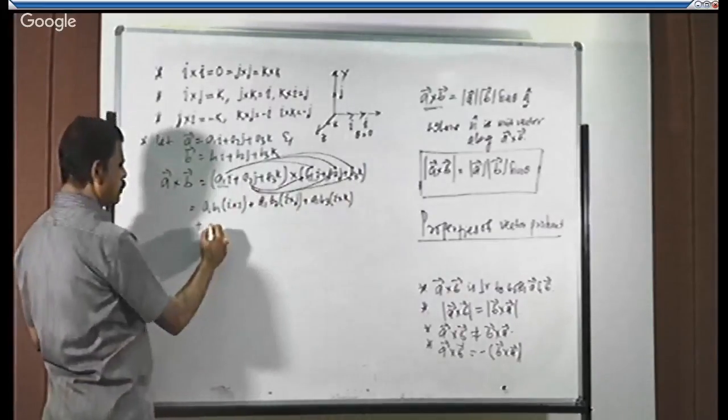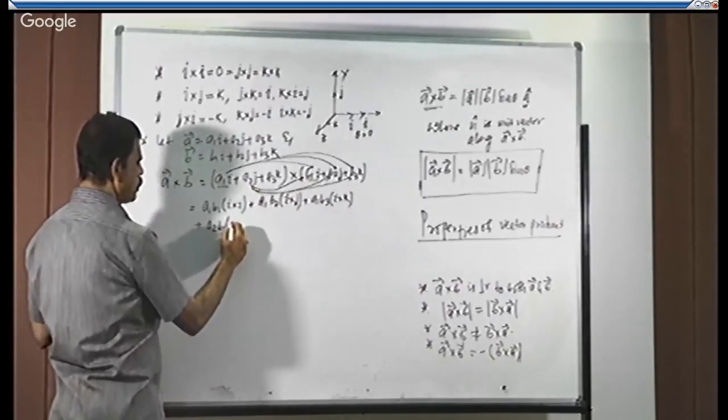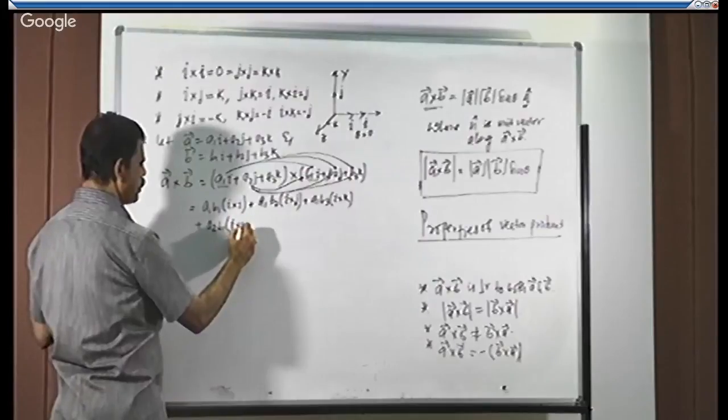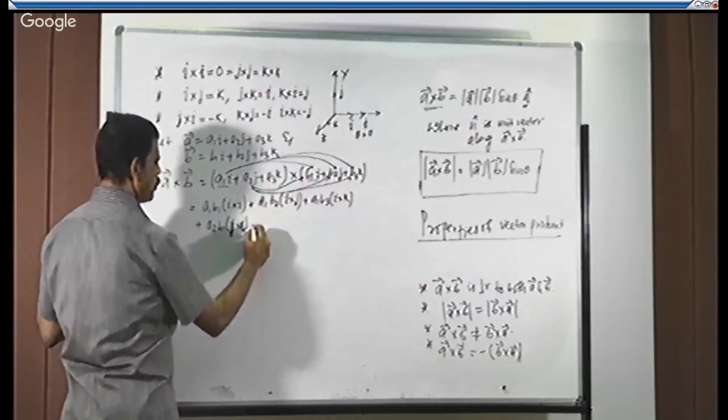So we will get A2 into B1 into J cross I plus